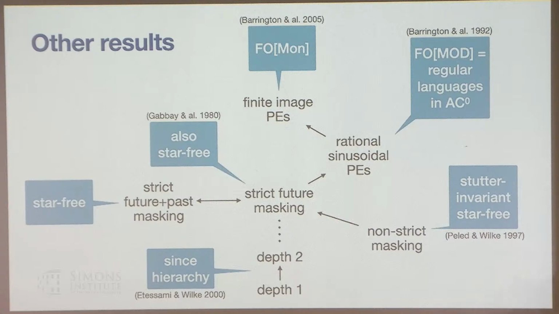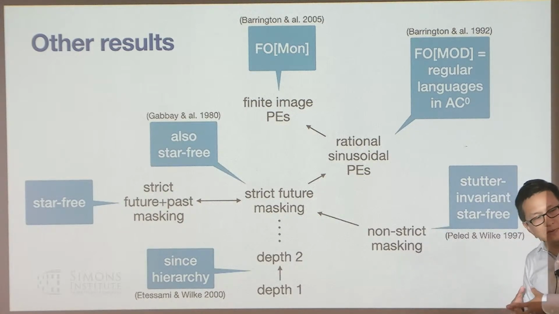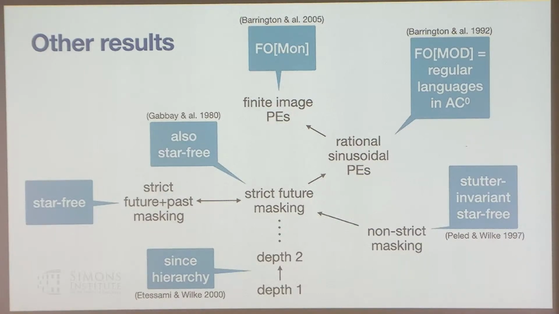So I kind of see this as, the results are interesting in themselves, but also a proof of concept. We were able to draw a lot of conclusions about unique hard attention transformers, but what we're really interested in is drawing conclusions about actual softmax attention transformers. We're not there yet, but this picture is kind of an aspirational goal for what we'd like to be able to show for true transformers.